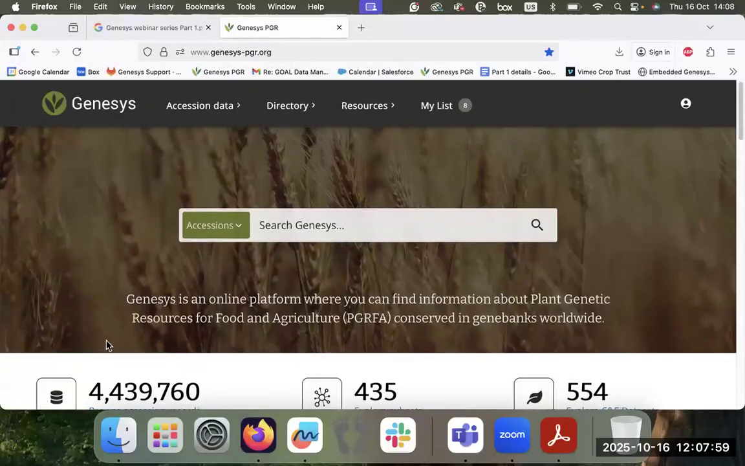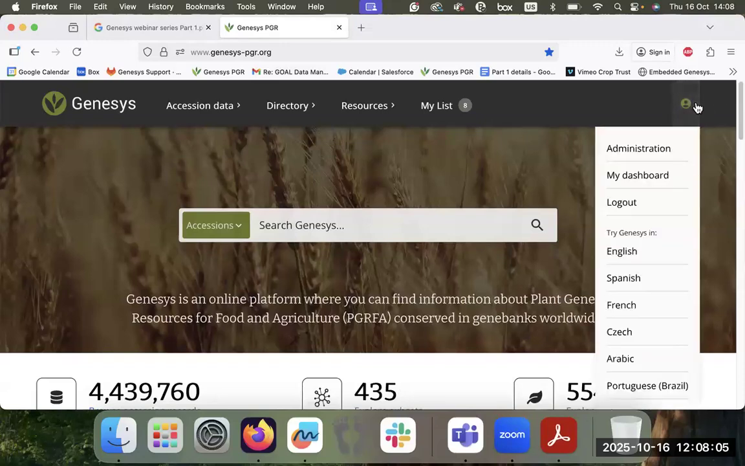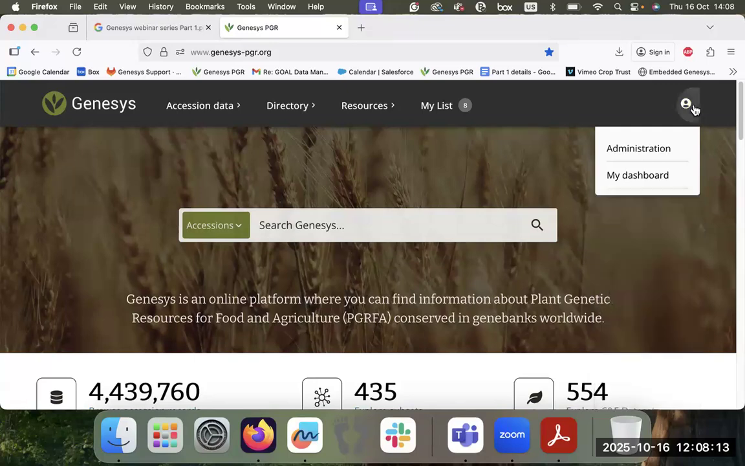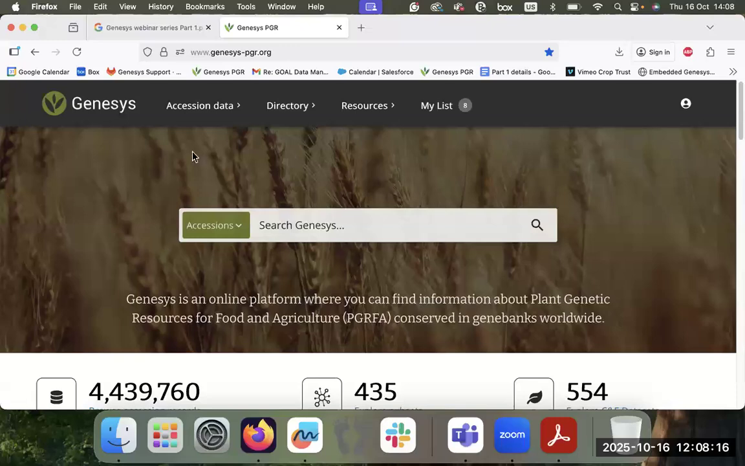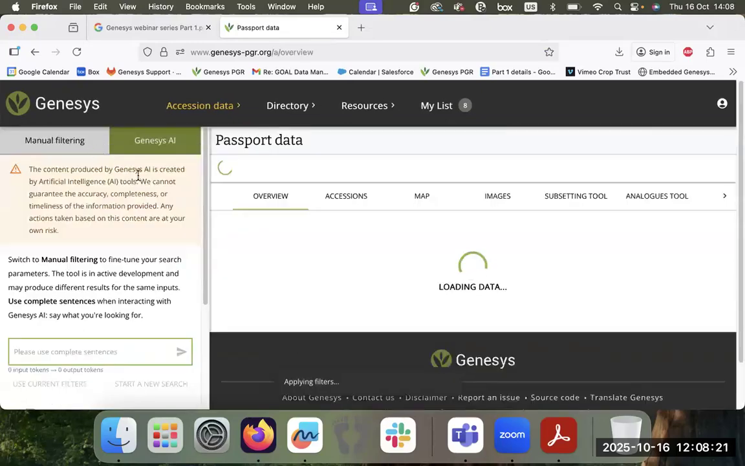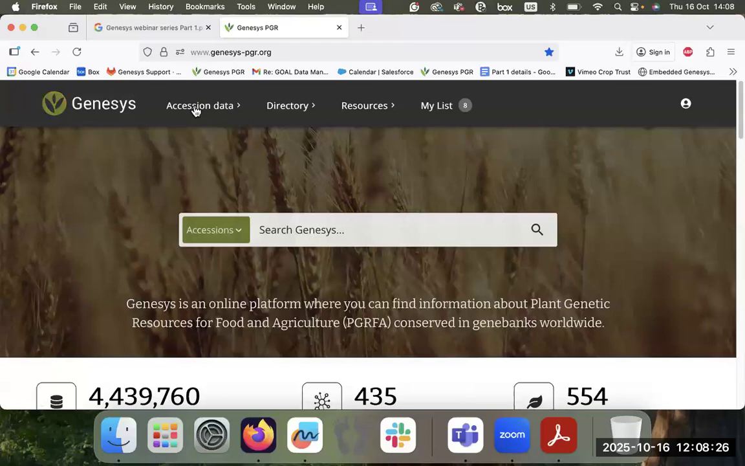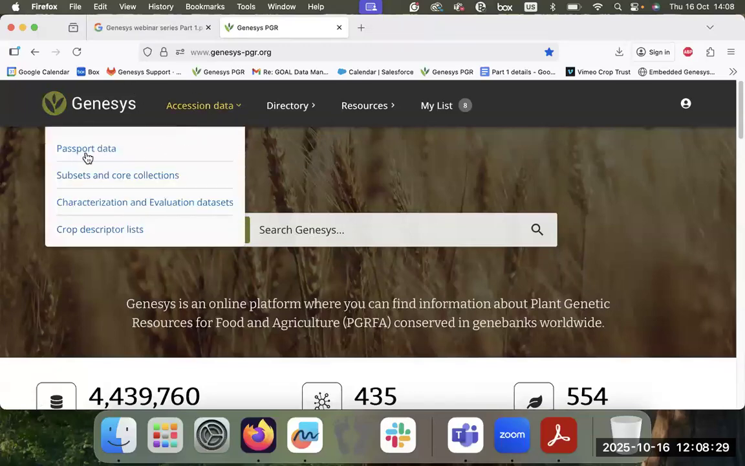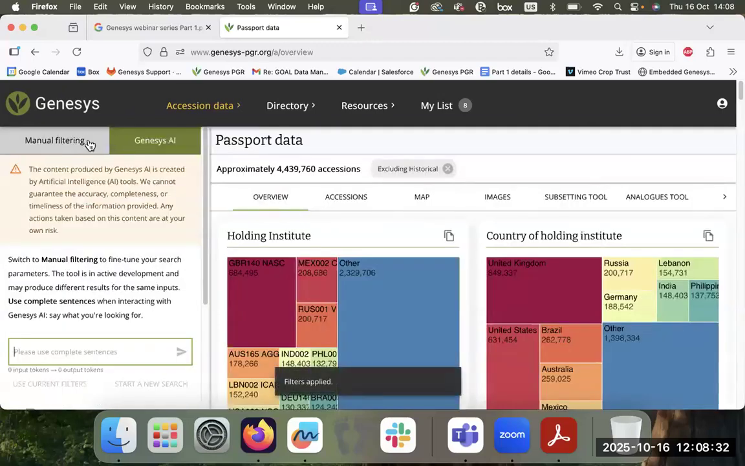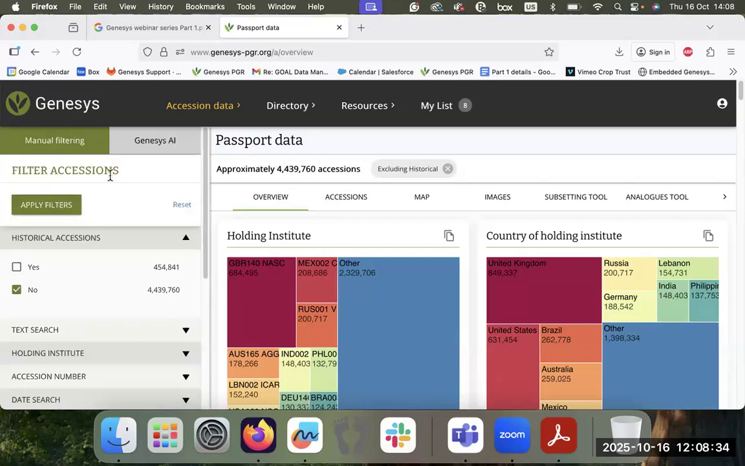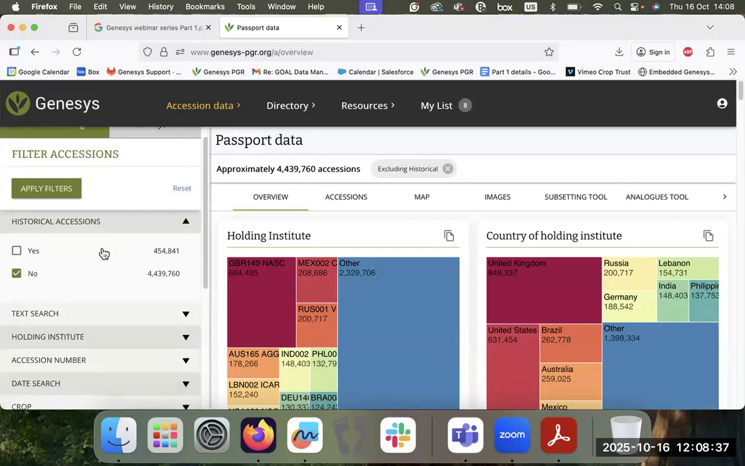So I am now here in Genesys and I am already logged in. As you can see here from this icon, we covered how to register an account in Genesys and how to log in the first webinar. You will be able to access a lot of tools in Genesys if you're logged in, including, for now, the Genesys AI. So in order to access Genesys AI, you will go from the main menu to accession data, passport data, and you will see there are two tabs on the left-hand side, one for manual filtering, which we covered also in part 1,